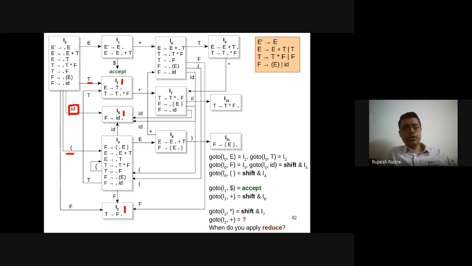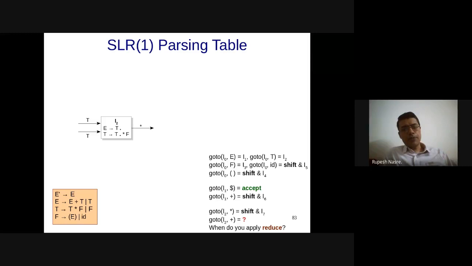I hope the question is clear: we have these different transitions using which we are going to build the parsing table, or predictive parsing table, in which we are going to have these different actions: I need to go to a particular state, or I need to shift, I need to reduce, or I need to give an error. So let's understand what all these states are that we have to build using this table. Let's focus specifically on I2.